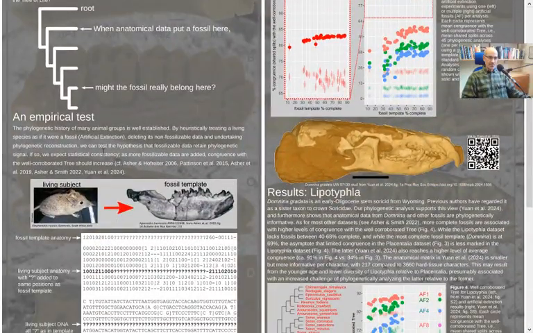Well, my little section on the empirical test basically takes advantage of the fact that, for many groups, at least for mammals and birds, vertebrates generally, I would argue, we know more than we don't know, right? No one argues anymore about the possibility of a clade of birds and mammals to the exclusion of, say, crocodilians or lizards. No one argues about the possibility of a hyrax and a horse clade to the exclusion of, say, elephants. There's a lot that's settled in the topology of the tree of life, and we could use that